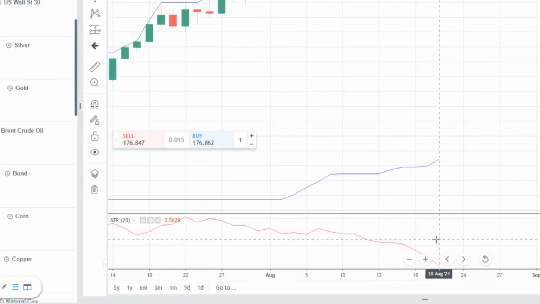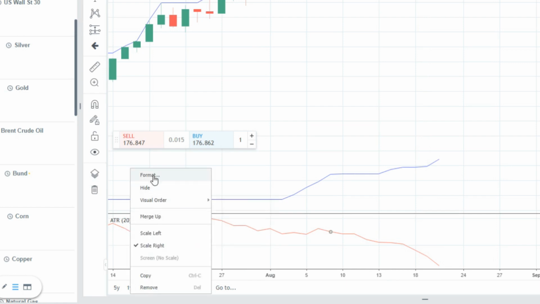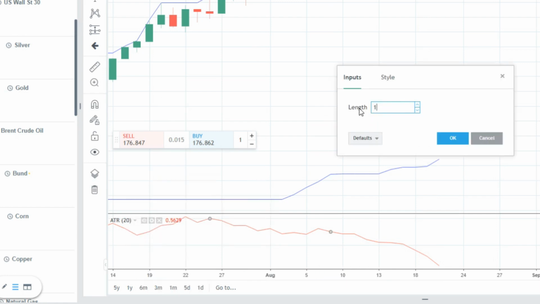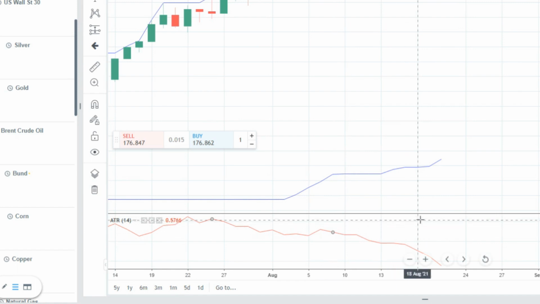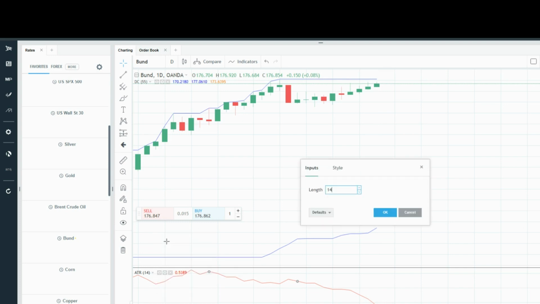Like if we look right now, the average true range is 0.5629. If we change this to a 14-day, it is now 0.5389. So you can experiment and see whether there are truly optimal settings. I don't believe there are, and from what I've read, trying to play around with backtesting to curve fit an optimal solution is actually more detrimental than anything. So back to this, I use a 20-day,